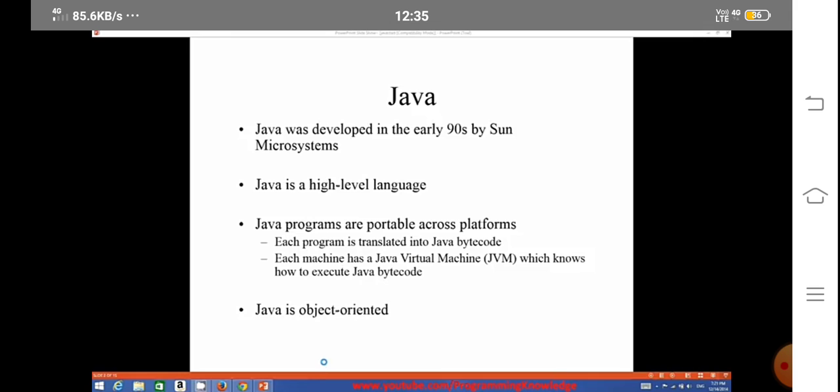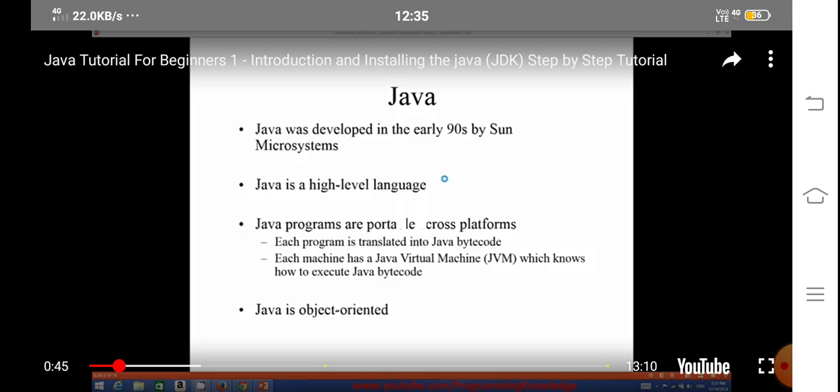So what is Java? Java is a high-level programming language which was developed by Sun Microsystems in the early 90s. As with any other high-level programming language like C# or C++, Java is a high-level language, but it's a little bit different from other languages in a sense that it's a cross-platform